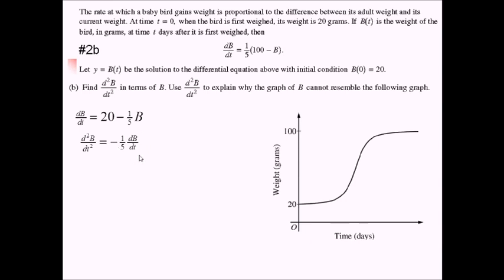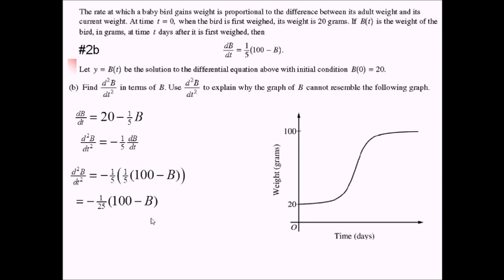To go that one extra step, I need to replace db over dt with this expression up here, or this expression over here, either of those expressions. I'll just use this expression here because they gave this to me, so I know this is correct for a fact. So we've got negative 1/5 times all that stuff up there. That's negative 1/25 times 100 minus b. And at this point, I could distribute, but I think it's actually easier to look at this if it's still